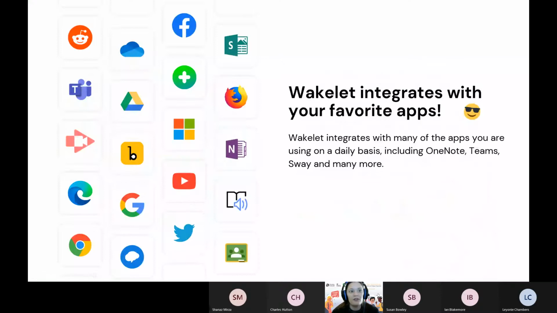So it does integrate with apps. Okay, I'm going to show you how you can share it in a OneNote. You can also share it on Teams. You can really put these Wakelets in loads of different places. Here are just a few sort of